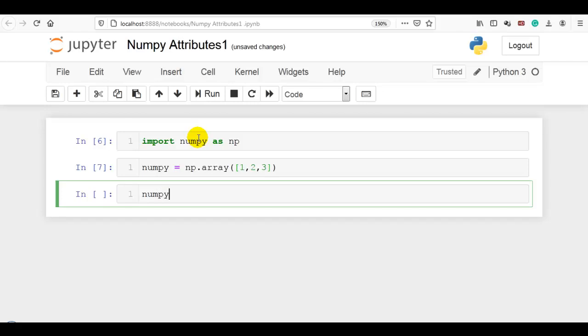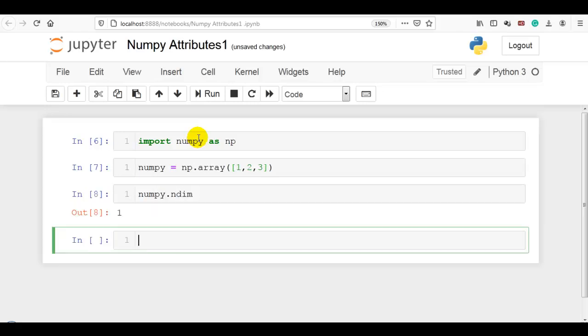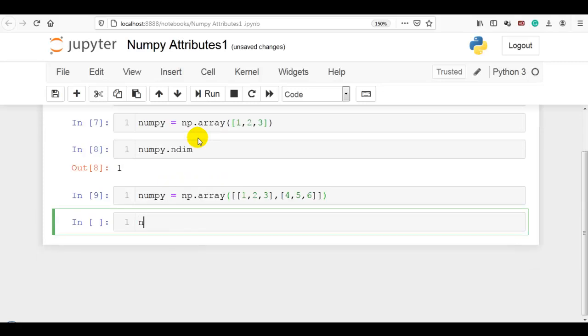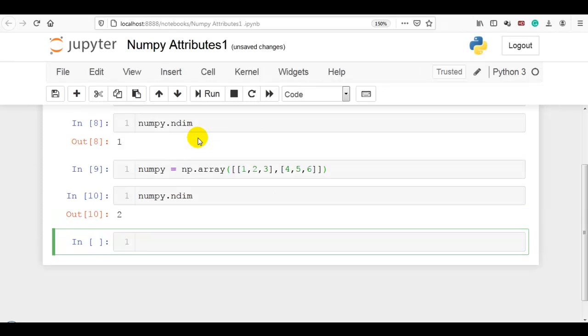If you write np dot ndim, the output is 1 because this is a 1D array. Now let me create a 2D array, 1, 2, 3, comma 4, 5, 6. Now np dot ndim, the output is 2 because it is a 2D array.